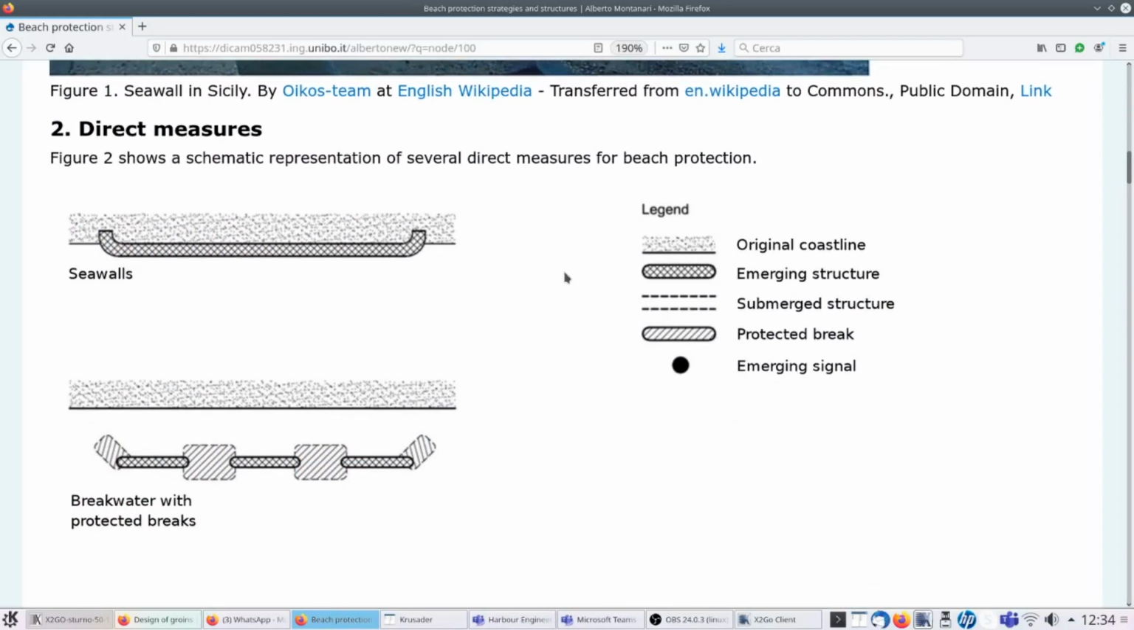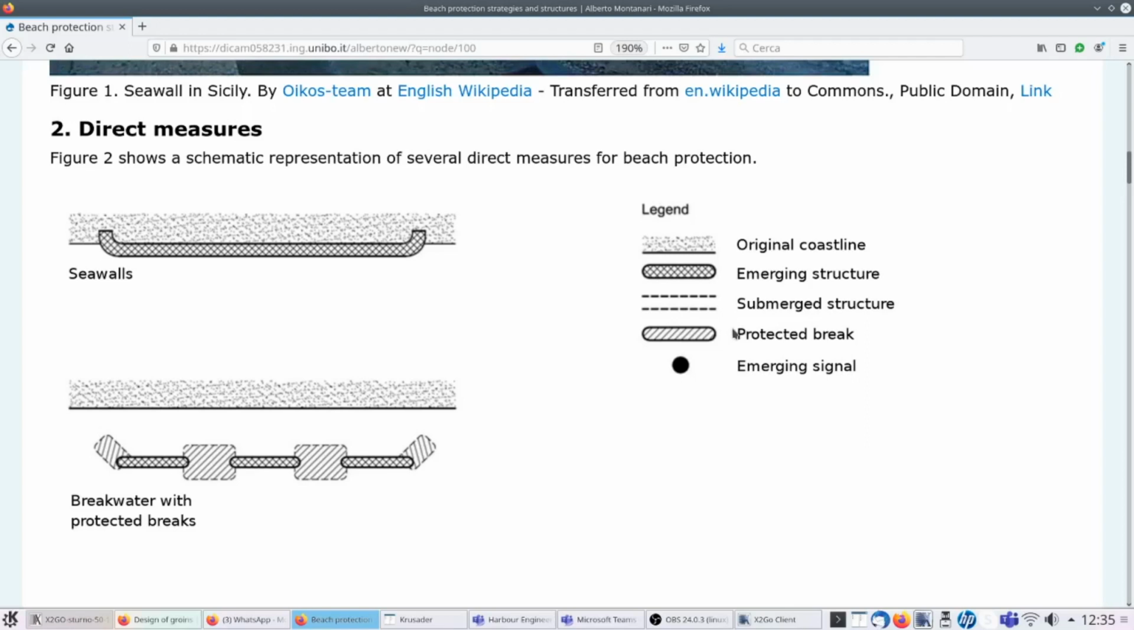I think this scheme is useful to understand what the possible solutions are. And the seawalls is something that we already discussed and we already know. When you look at this figure, please look at the legend first, and the way the various types of structures are represented: the emerging structure with this crossing pattern, the submerged structure with the dashed line, also the protected breaks